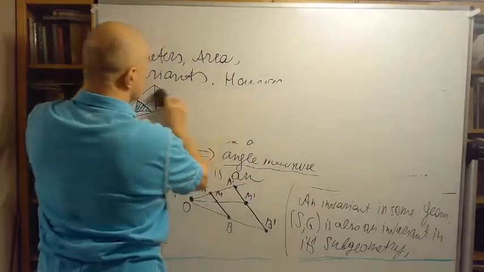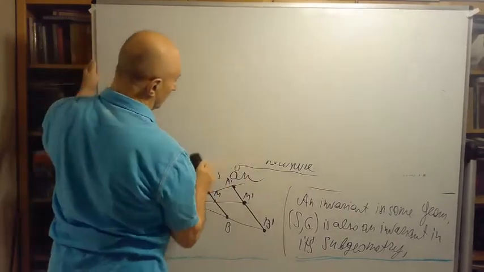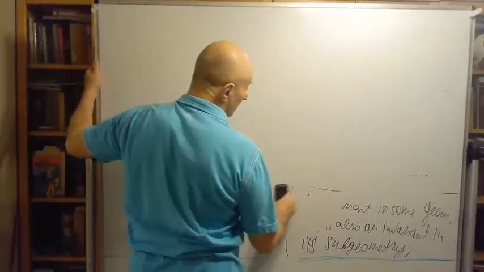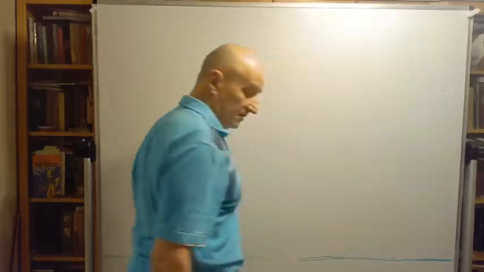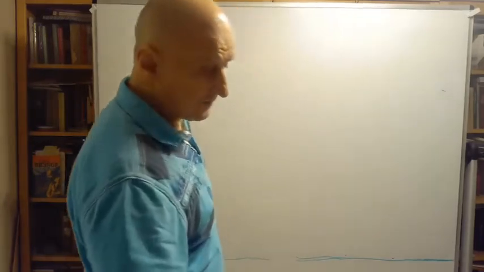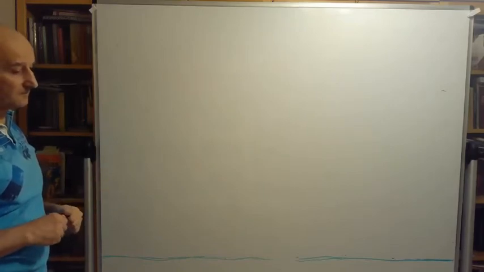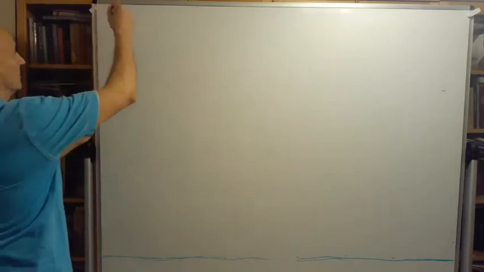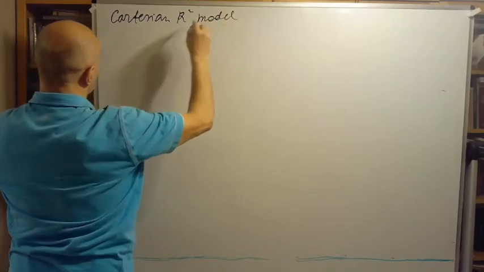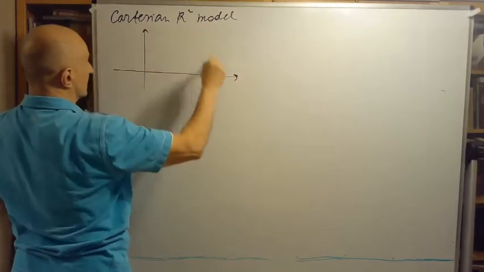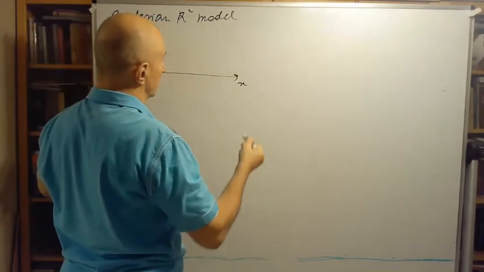For instance, for Euclidean geometry, we had an abstract geometry when we discussed it axiomatically, or you can talk about the Cartesian model and the plane R2, or the model in the complex plane, where we modeled Euclidean geometry with transformations. So for Euclidean geometry we may have a Cartesian R2 model, where we have coordinates x and y and the origin and so on, and the transformations that are Euclidean,